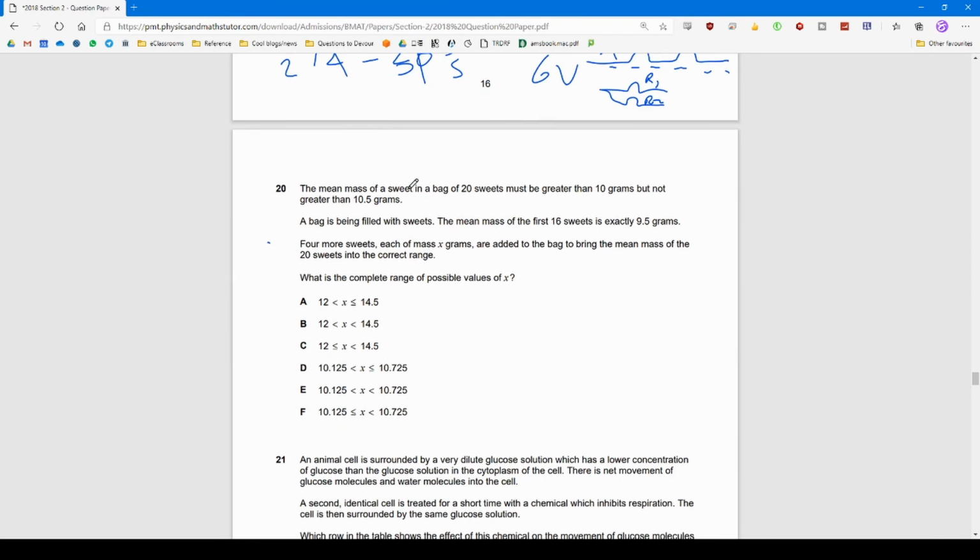Next thing here, the mean mass of a sweet in a bag of 20 sweets must be greater than 10 grams, but not greater than 10.5. A bag is being filled with sweets. The mean mass of the first 16 is exactly 9.5. Four more sweets, each of mass x, are added to the bag to bring the mean mass into the correct range. Okay, so if you have 16 sweets, exactly 9.5 grams,